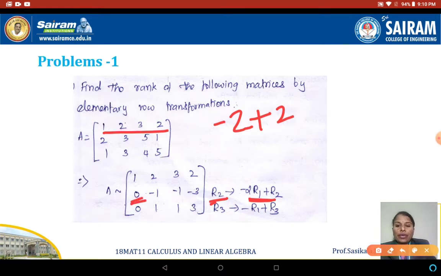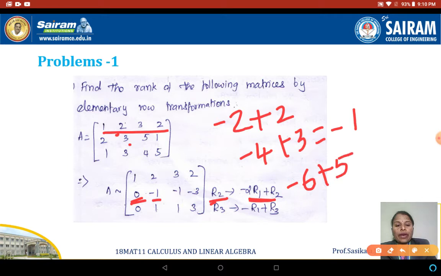Clear? The next one, you have already 2. 2 into -2 will be -4, isn't it? So I have -4, and then add it with 3. Plus 3, what is the answer? The answer is -1. That is what is written here, right? Next one, 3 is supposed to be multiplied by -2, so it gives -6. Then add with your R2, plus 5. That answer must be -1.